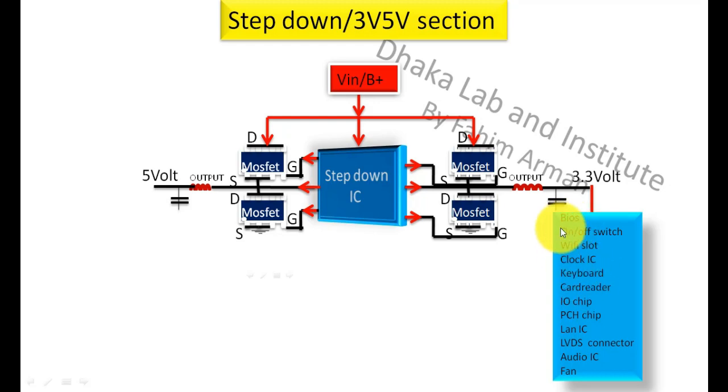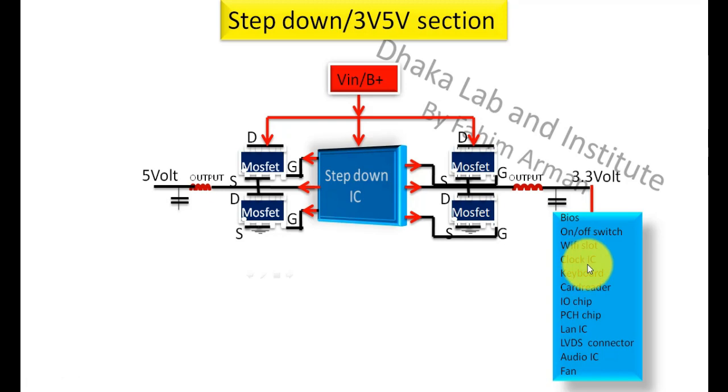Here I will discuss BIOS first, and then the on off switch and Wi-Fi slot, clock IC, keyboard, card reader, IO chip, PCH chip, LAN IC, LVDS connector, audio IC, fan,